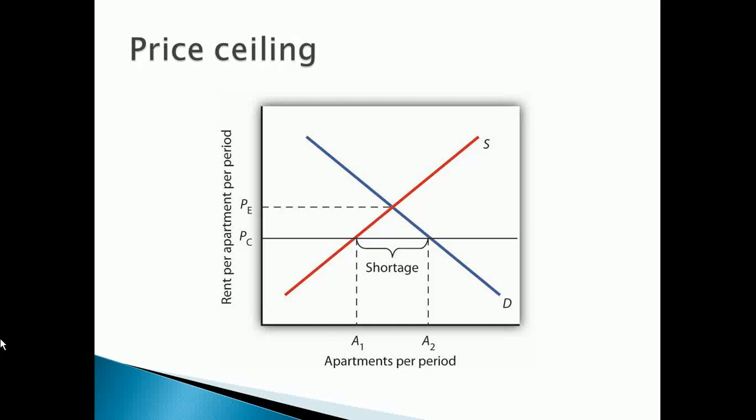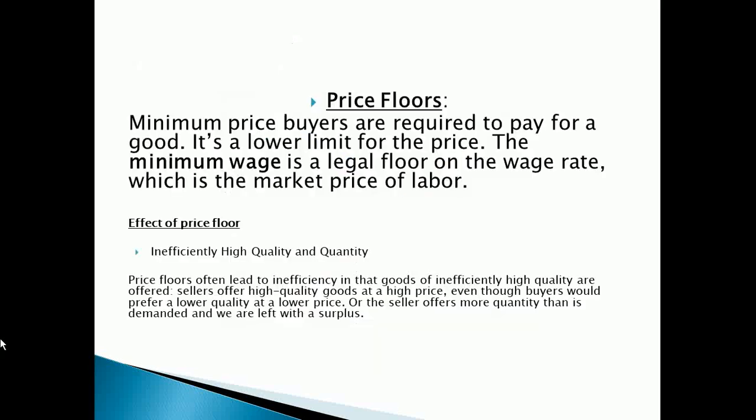The effect of price floor. We can see the equilibrium point and we can see the price above the equilibrium point. If we trace it down to QO, that is what individuals are willing to purchase at that price. And if we trace it to QS, this is what the sellers are willing to supply at that price. QO, what individuals are willing to purchase at that price. QS, what sellers are willing to supply at that price. We can see that gap, that disparity, and this will lead to surplus in the market.